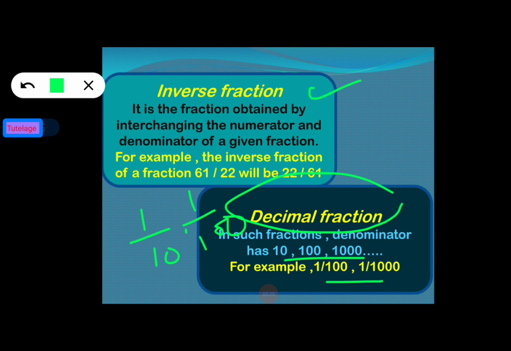The inverse fraction is the fraction which is obtained by interchanging the numerator value and the denominator value of a given fraction. So we just have to interchange the value of the denominator and the value of the numerator. For example, 61 by 22 is the given fraction. And what is the inverse fraction of this given fraction? We just have to interchange the numerator value